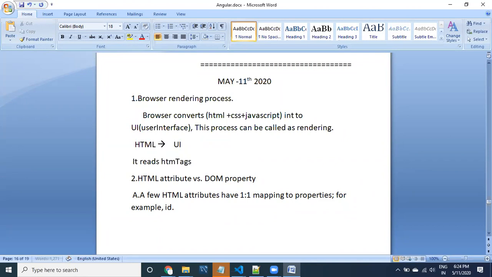It reads HTML tags, and it will convert them.